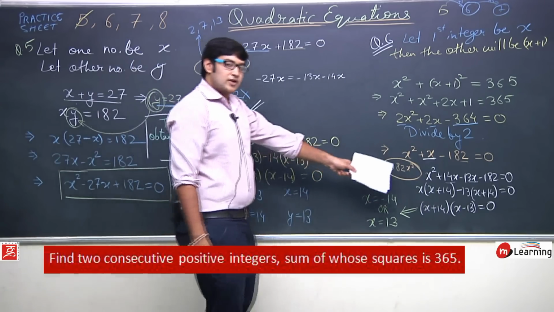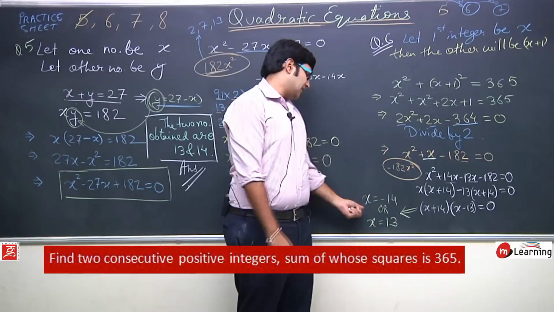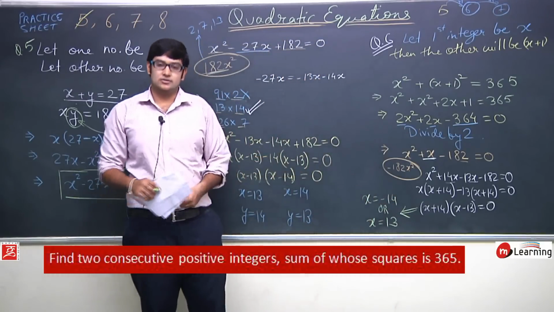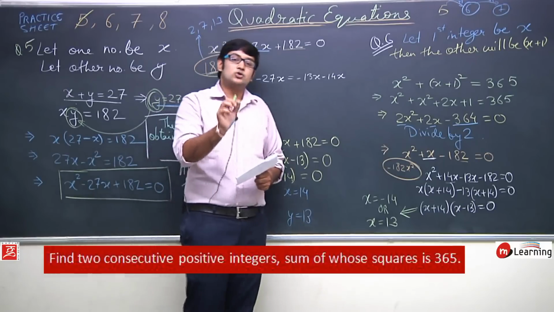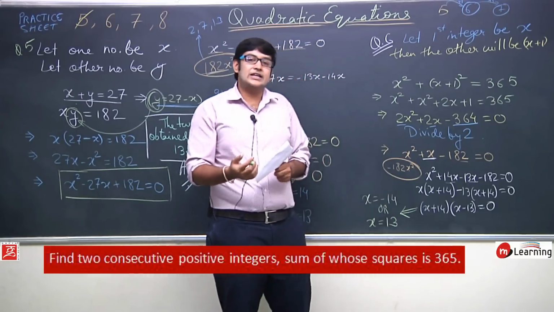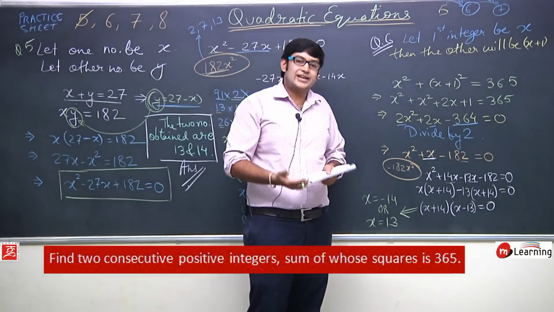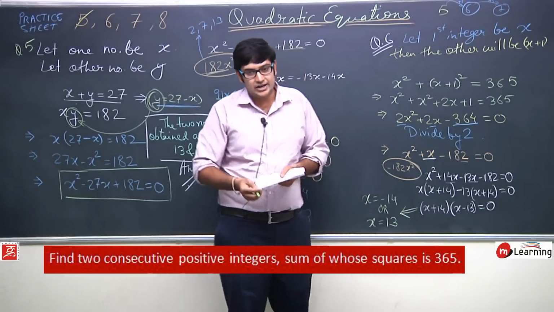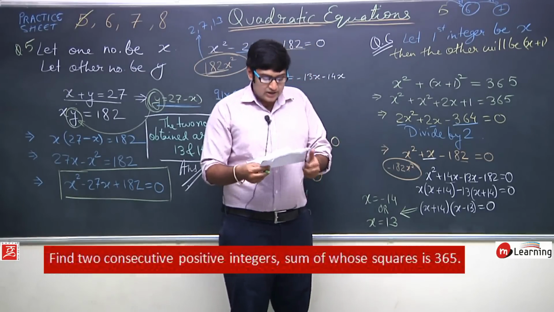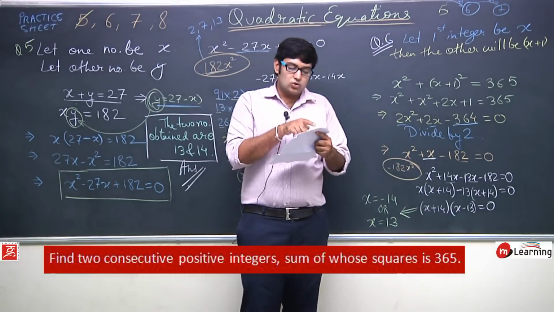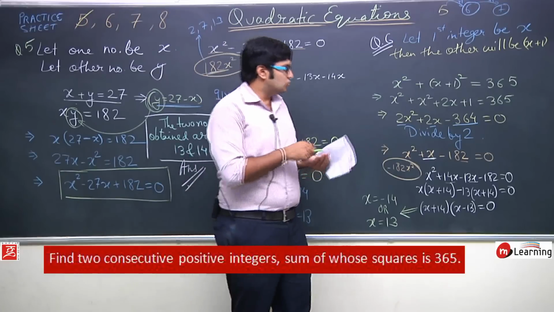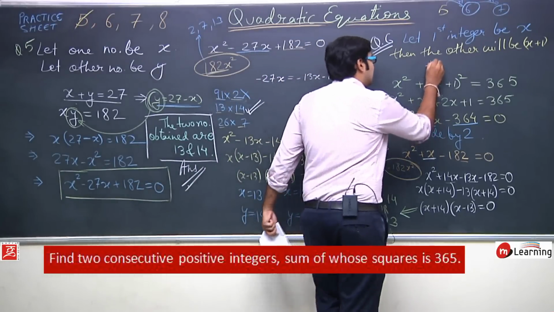So इस इक्वेशन को सॉल्व करके हमारे पास दो वैल्यूज आती हैं, एक आता है x is equal to minus 14 and the other value is x is equal to 13. Now which value to choose? हम कौन सी वैल्यू को चूज करेंगे, हम किस वैल्यू को नेग्लेक्ट करेंगे? क्या हम दोनों को चूज कर लेंगे, क्या दोनों को नेग्लेक्ट कर देंगे, या फिर एक को चूज करेंगे एक को नेग्लेक्ट करेंगे? By reading the question very very carefully, you will find that the question says two consecutive positive integers. So what do I want? I want two consecutive positive integers.